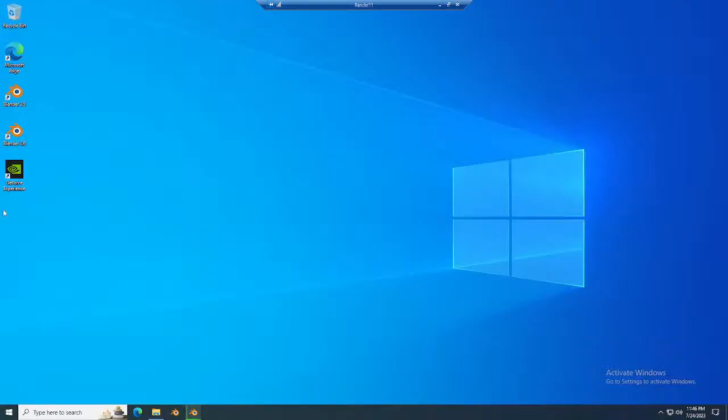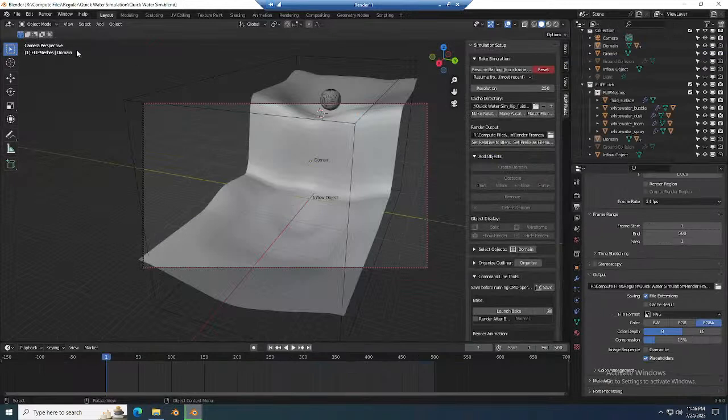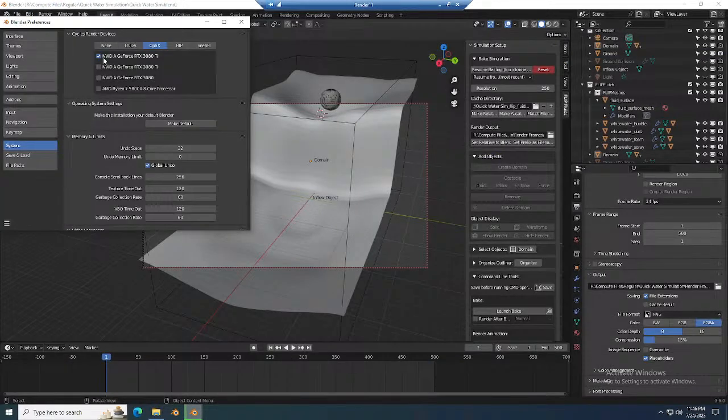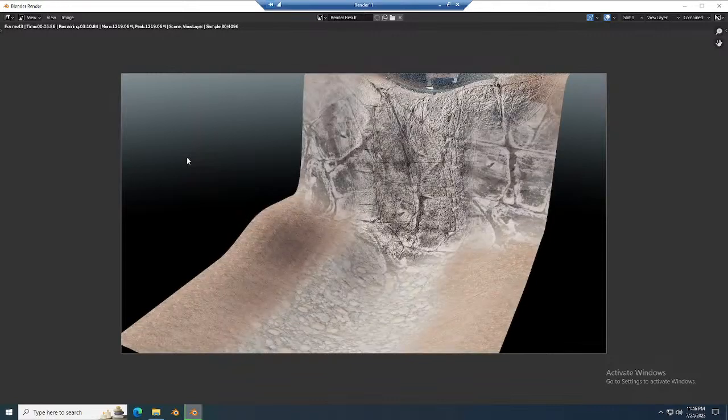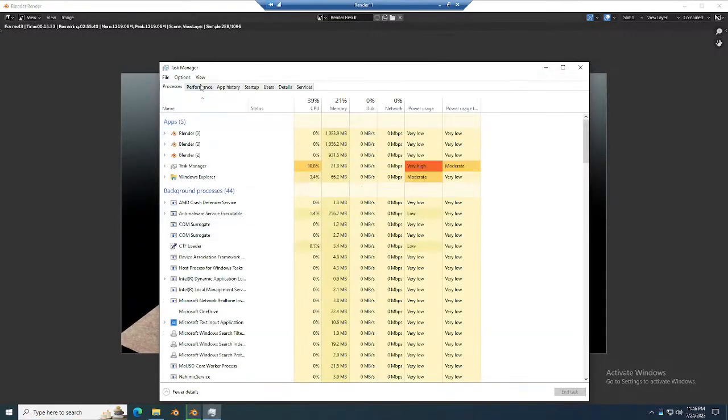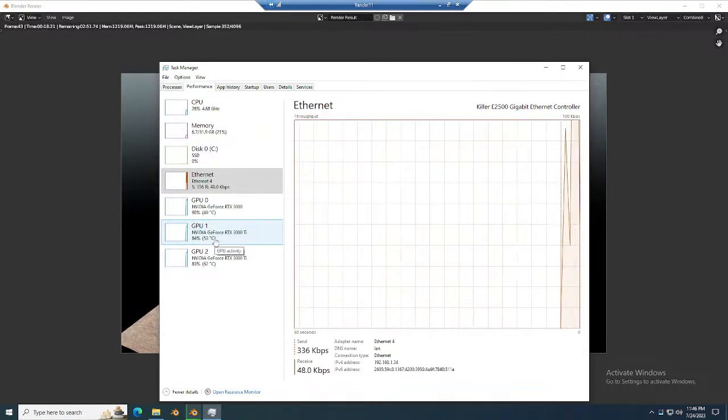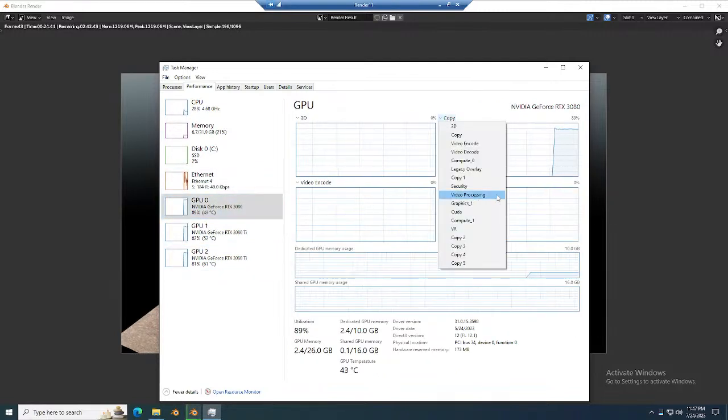And one more time, minimize, minimize. Open Blender 3.6 again. We'll open this file, edit preferences, unselect the first GPU, select the third GPU, close out of that, render animation. So I figured out that each GPU normally needs about 2 to 4 threads of the processor. So an 8-core, 16-thread CPU is enough for 3 or 4 GPUs. So I'll show you here. Here are the 3 GPUs all running at full bore. So let's change this to,